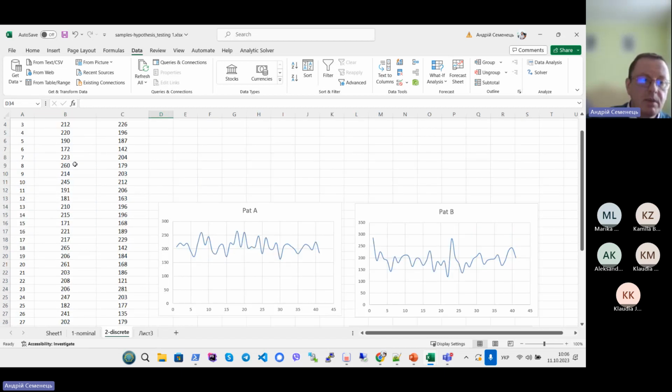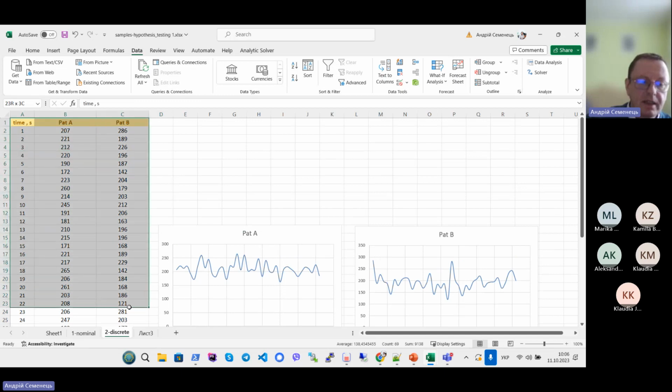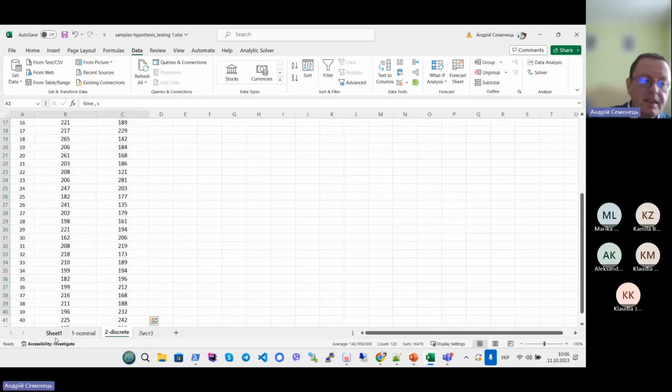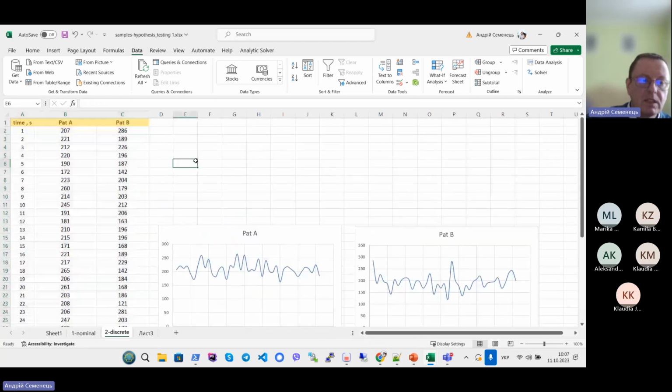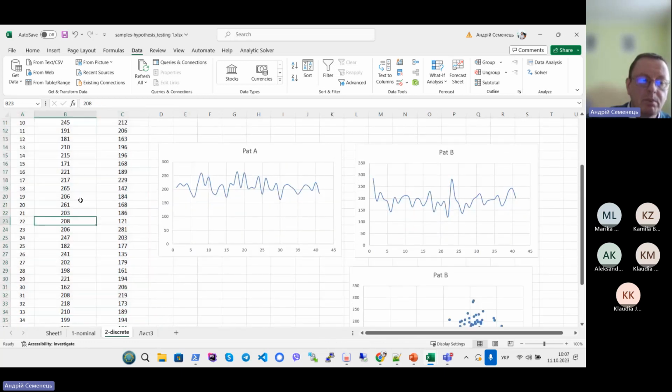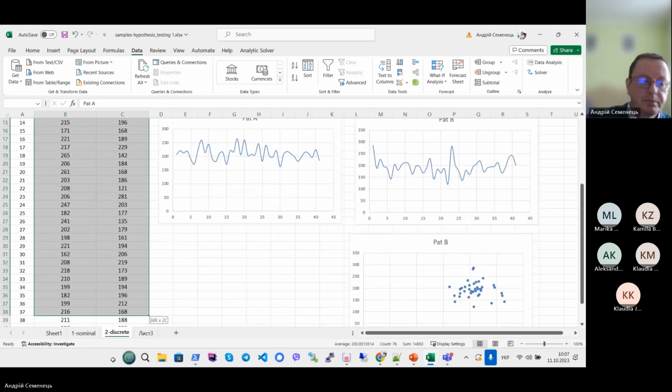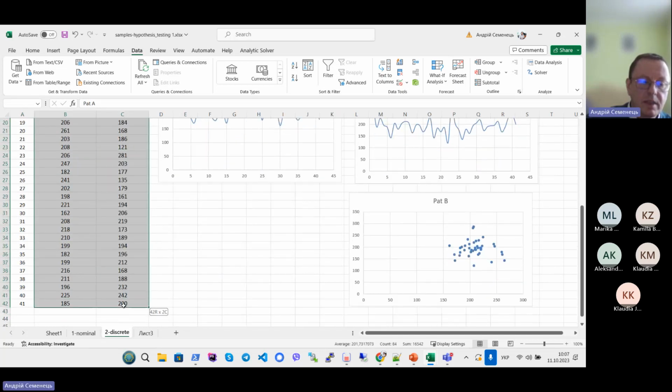If I do the same calculation for this data set, definitely I will retrieve the same result. But in this case, it will not be about the patient, not about the group, it will be about the patient. If I do the same calculation,